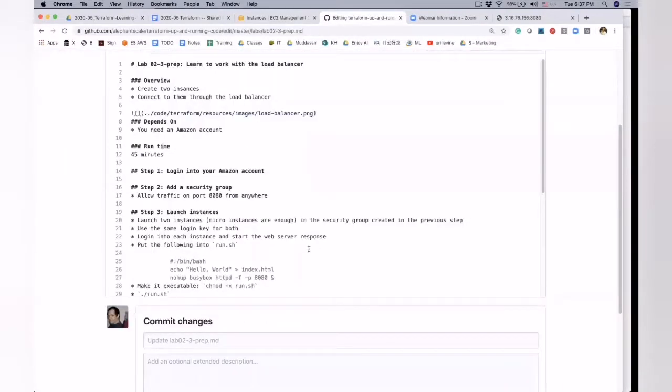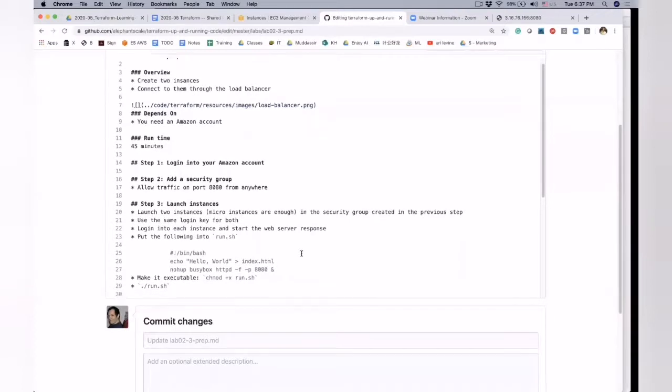Okay. Launch, login. And so keep in mind, it is either ubuntu or ec2-user as user names.